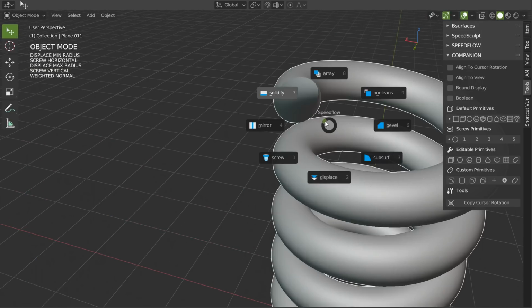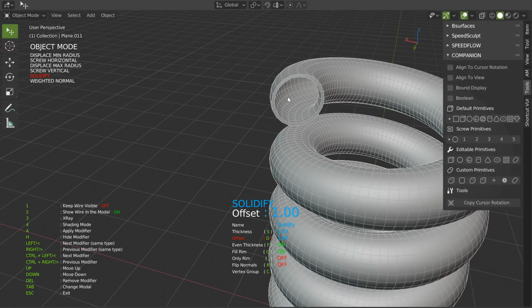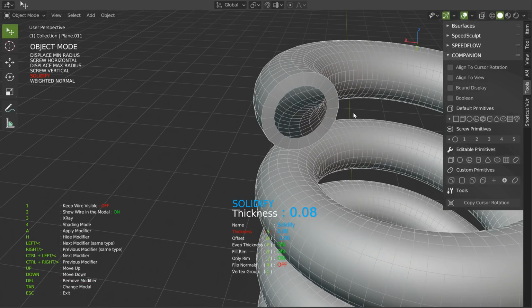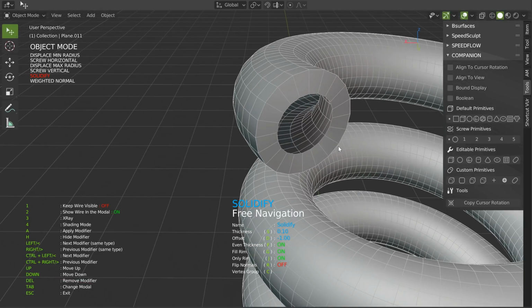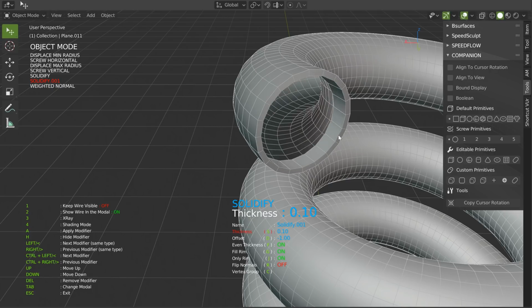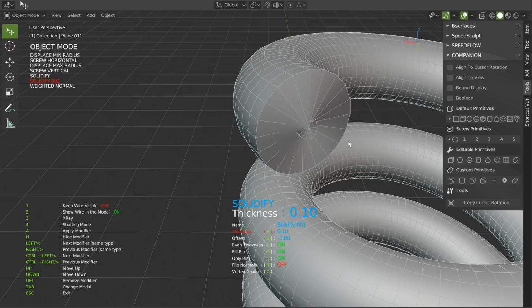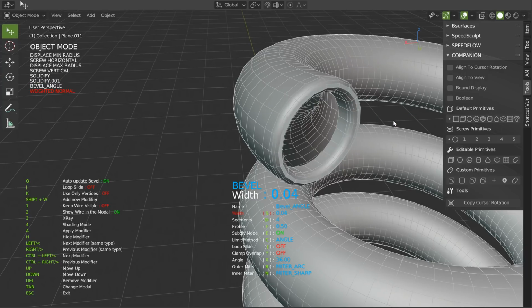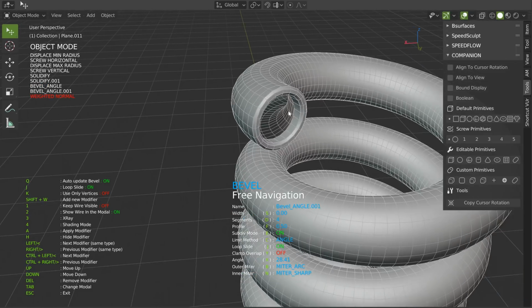On this one, I can also add a bevel, up, I will play with the offset. I can press G to not have the inside part. I will make something like that. And I can also press Shift W to add a new one. Let's try, no, it should work. Up. I will just play with the offset. Up. This is not really what I wanted on this one, but you have the result. I can play with this, I can play with this, I can add another bevel, Shift W. I will decrease it. And that's it, I created this.